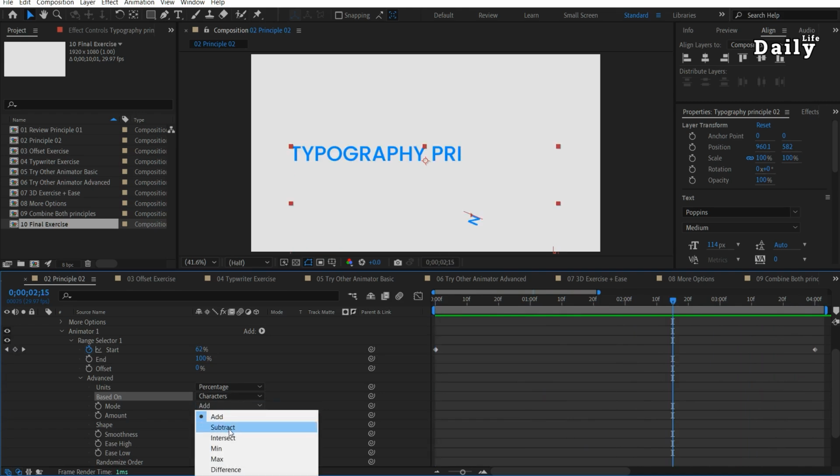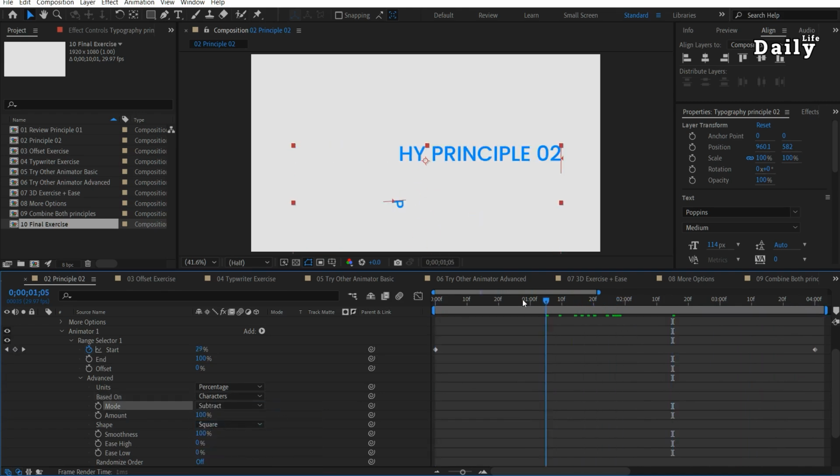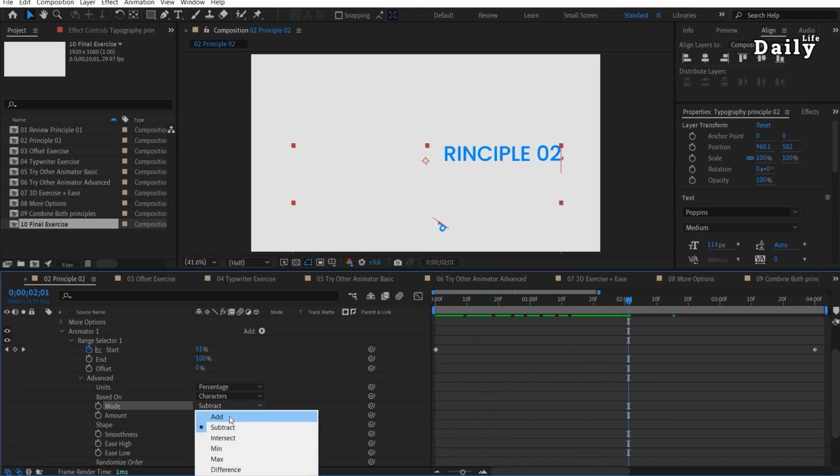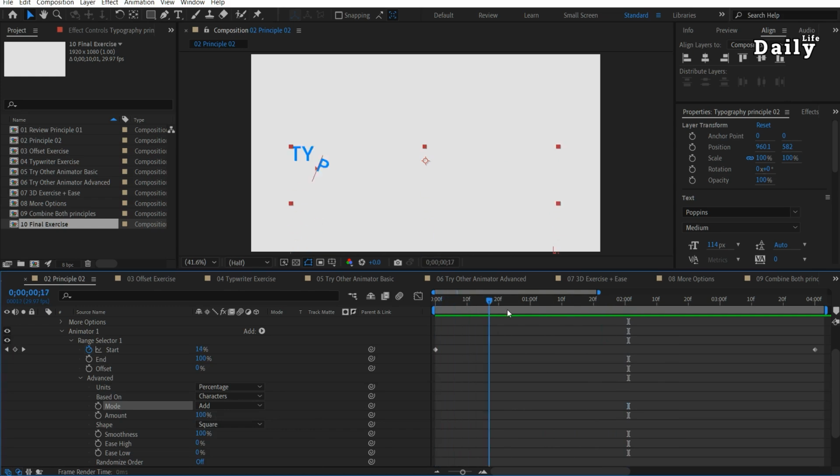Mode allows transformations to act like mask options, influencing how characters animate when applying transformations like position, scale, or rotation.